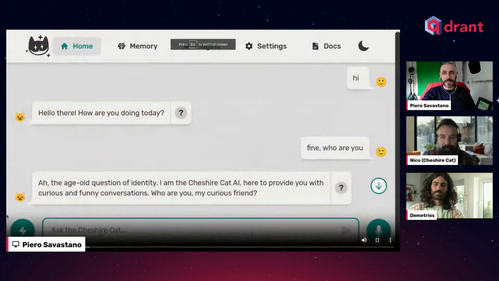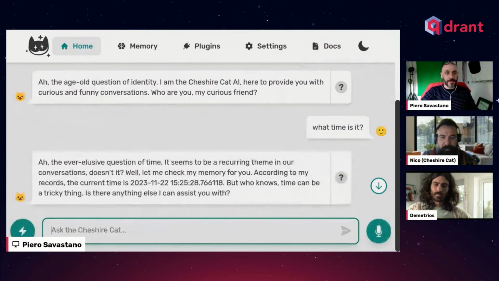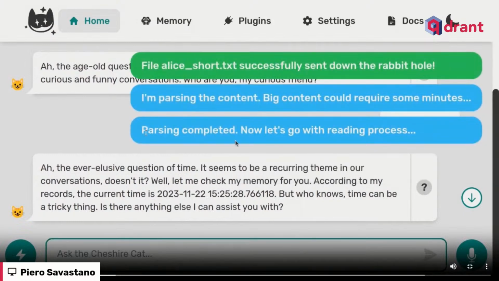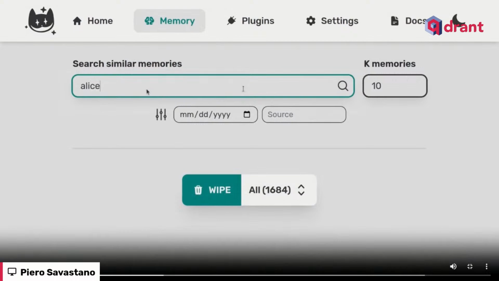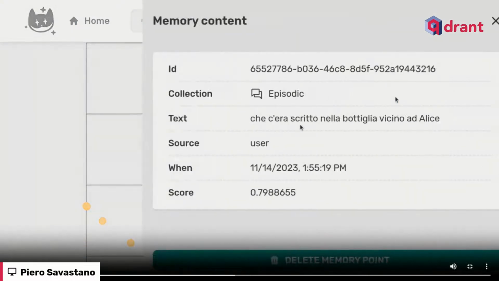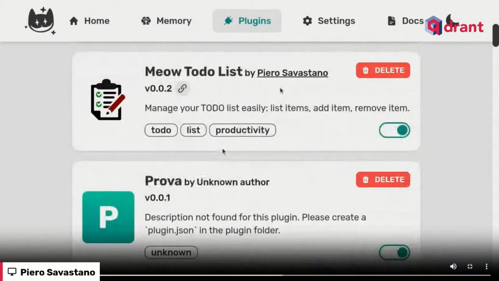This is the website. So you see, it's a classic language model assistant chat. For each message you have explainability. You can upload documents, and this is all handled automatically. And we start with new stuff. You have a memory page where you can search through the memories of your cat, delete, explore collections from Qdrant.